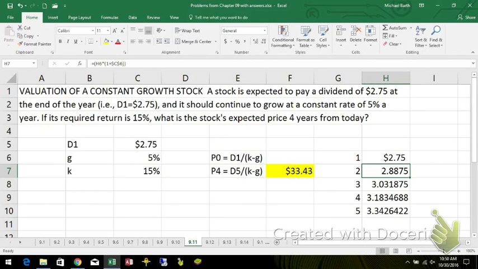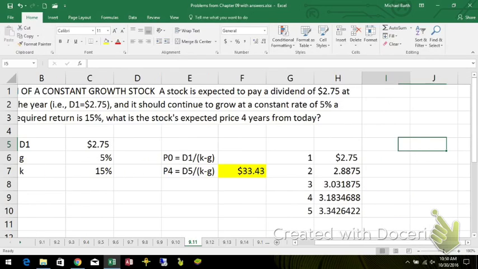Again, with this constant dividend growth rate model, the assumption is that the price, the dividend, and the earnings all grow at the same rate, and that's a pretty strong assumption. Let's look at this would be the horizons. All right, so if I wanted to do P0 here, P1 here, P2 here, P3 here, and P4 here,